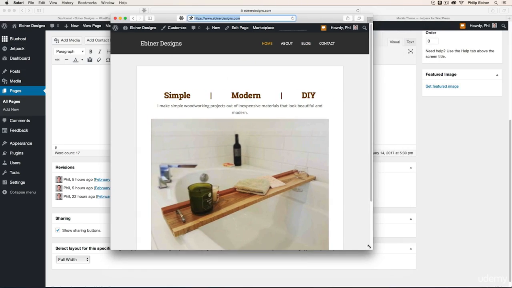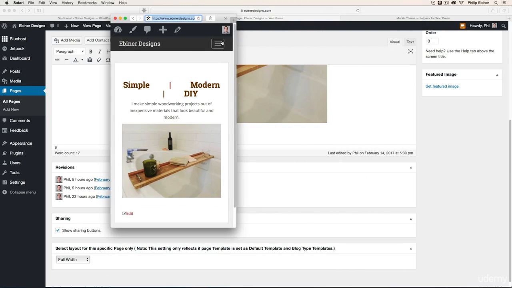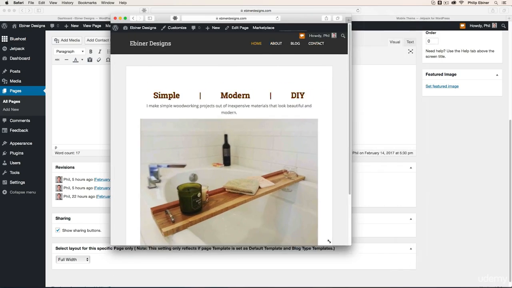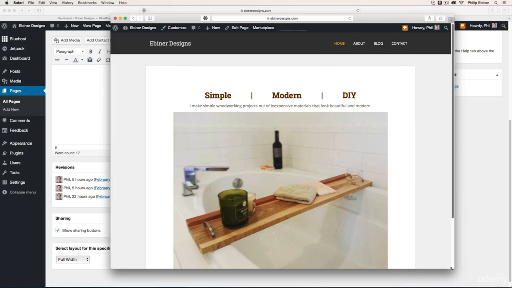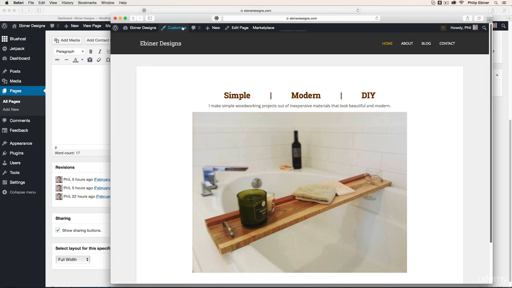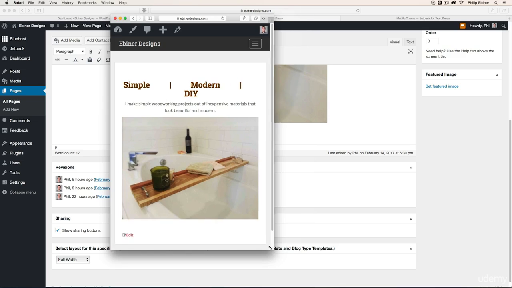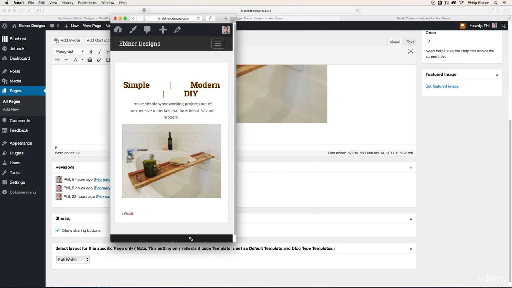You can see that the header shrinks. The menu turns into one of these drop-down menus rather than across the top. The images actually shrink down rather than cutting off on the side of the device or the browser. So this theme is already very mobile friendly, but also looking at the mobile friendly version will give you ideas for how to make sure it looks best.